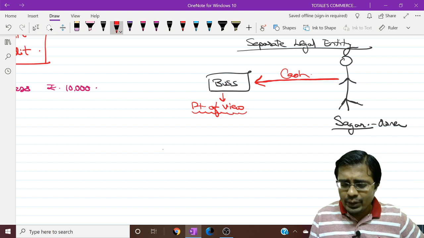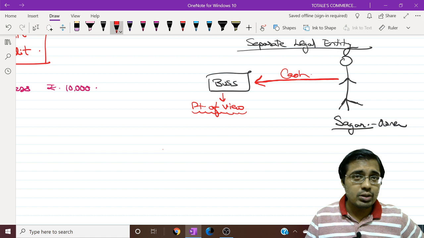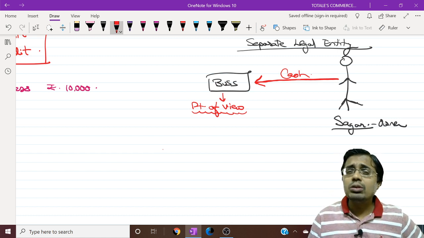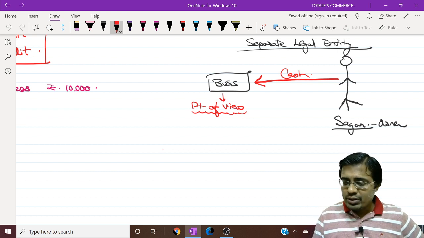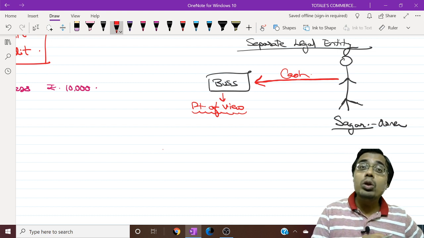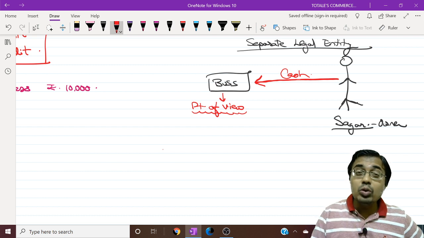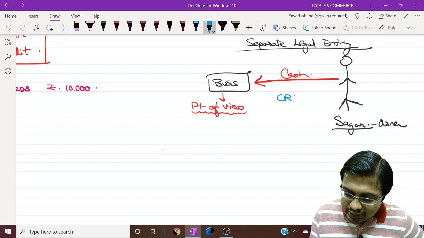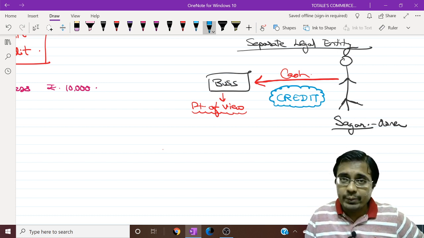Now what is happening? Sagar is investing cash in the business. Now is he doing any favor to the business? Sir, obviously not. He is going to take back that money. Whenever the business closes down, the owner takes back the money he has invested. So it means Sagar or the owner is giving a loan to the business which will be repaid later on. It means again, my dear friends, this is a credit transaction. Mark my words, all transactions with the owner of the business are always credit transactions.